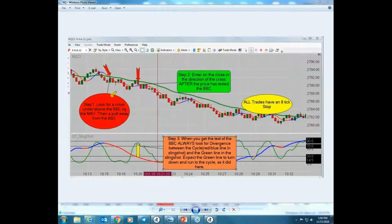Now we're going to go over step 1, okay, which is the bullish or bearish cross. Okay, so here are some of the buzzwords. Okay, some of the things you'll hear in the training room. So this blue and red line is referred to as the MA1. Okay. The green line is referred to as the BBC. That is short for bullish and bearish cross, because that together, that leads us into, again, step number 1, the bullish or bearish cross. So when the MA1 crosses the BBC, as it does here, as I've marked, okay,